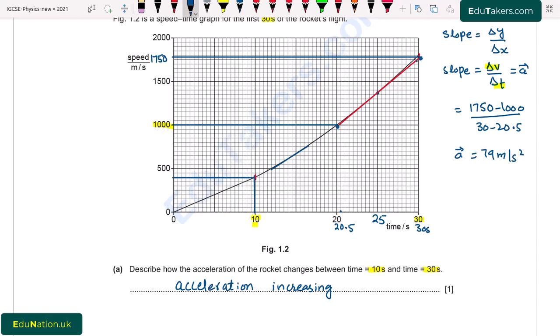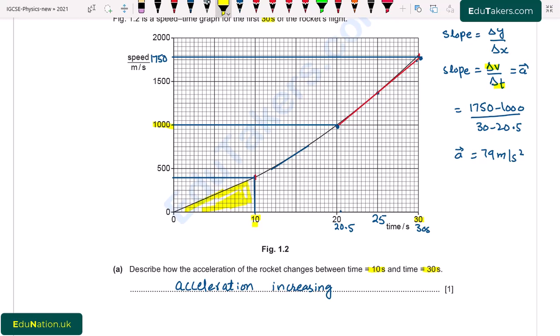So the curve of the speed-time graph at 0 to 10 seconds is a straight line, and when we have to find out the distance traveled by the rocket, it will be equal to the area under this curve. So this area basically shows the distance covered by the rocket. I have to find out this, and we know that the distance covered by the rocket will be equal to the area under this curve, and it's a triangle, so the area of the triangle will be equal to 1/2 base multiplied by height. Here base is time and height is speed.